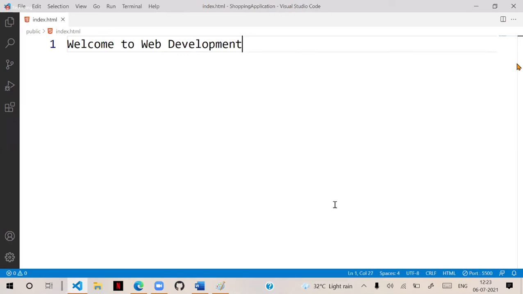Automatically, it will start your project and it will show the page. That means you see it is starting with your page and it is displaying that your project is running. I will explain all the parts later: what is this URL, what is that address, what is the path. We will discuss that. But our page is ready. Our website is ready. We are starting with a page and it is running.